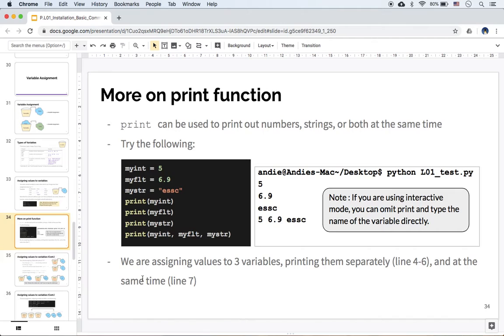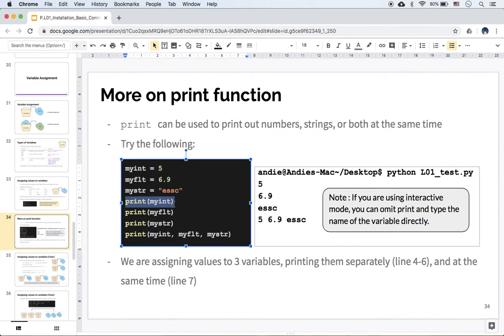So here we are introducing you a function called print. So we can always print the value inside this variable. Okay, we print and then bracket my int, my int. It will print out 5 because we have assigned the value of 5 in here. Okay, so if we have a program looking like this,